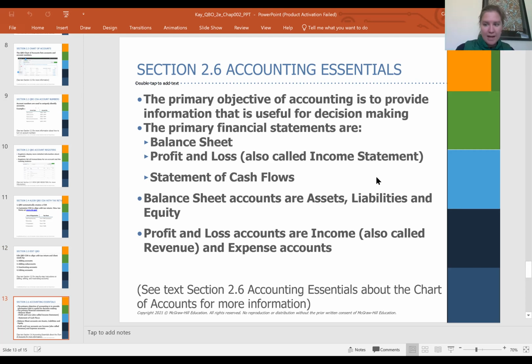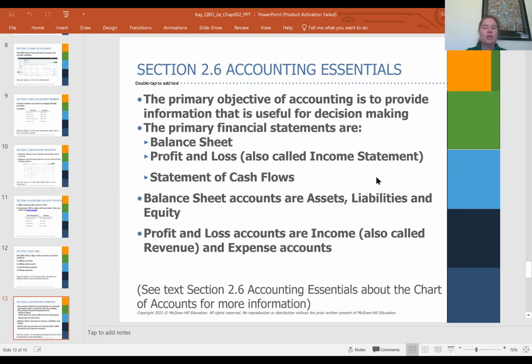Going over these last little bits in the chapter are sometimes helpful as review because, yeah, there will be information that could be on the quiz in here, but also the idea is to present just some accounting topics because they will be helpful as we go along in the software. This one here talks about the financial statements a little bit and the chart of accounts. Without going over the rest of the chapters,